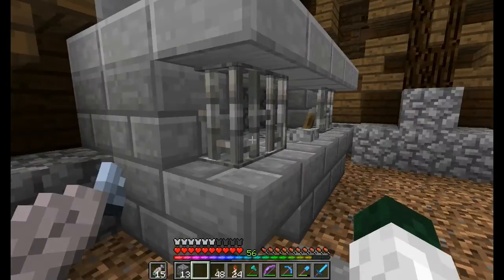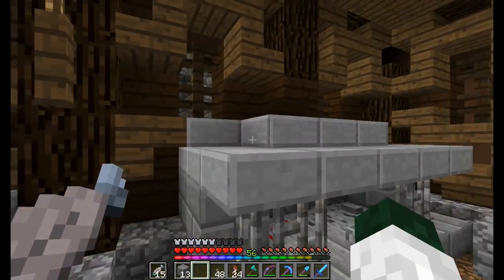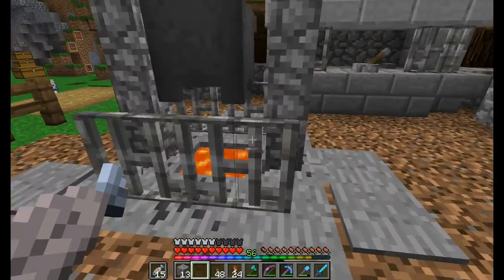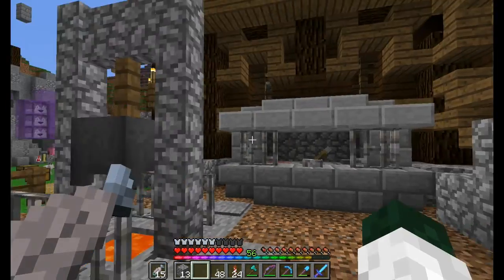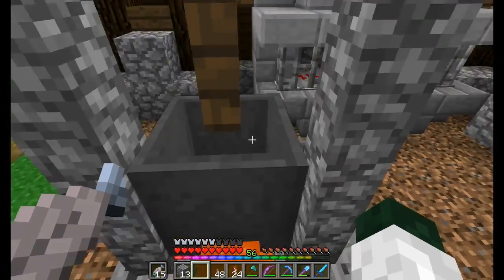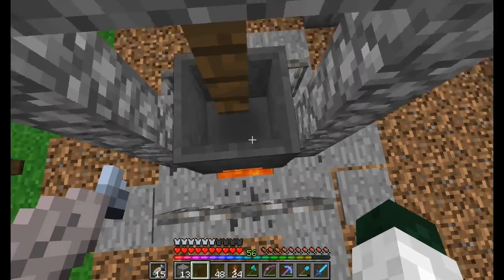I was going to have the lava in this sort of kiln thing, but I was worried that it was going to set fire to all the walls, so I made sure that I'd put it somewhere where there were no fireable objects nearby. So that's all sorted. I'm wondering if I should put water in there. I don't think I should though, because that would make it look more like it's for cooking, whereas this is